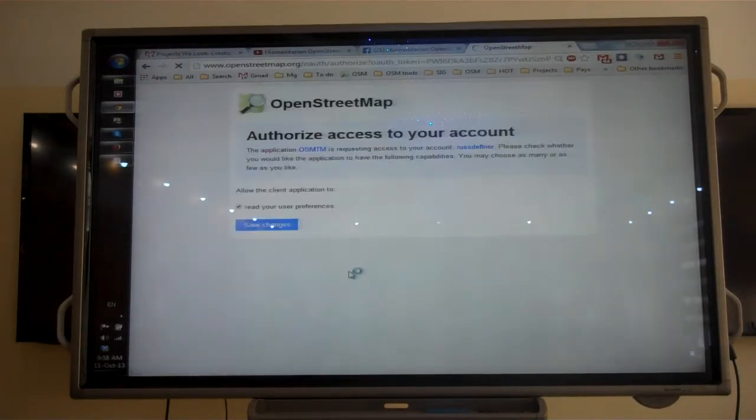It'll ask you to authorize access to your account. This just means it's got to read your profile and some of your settings in order to link you to